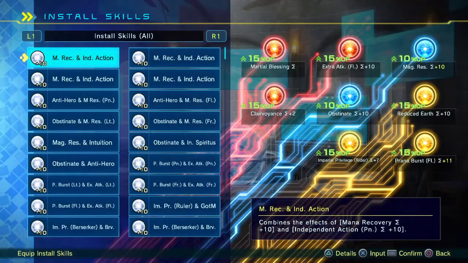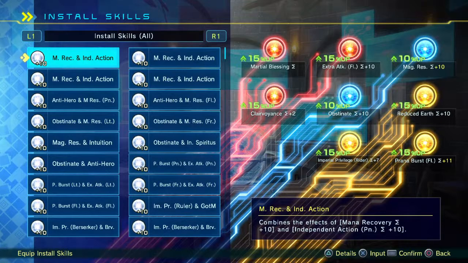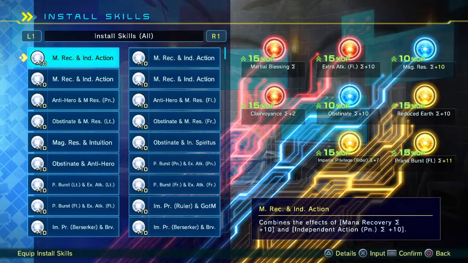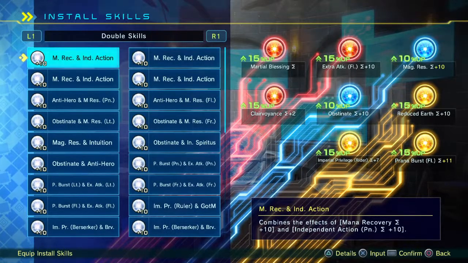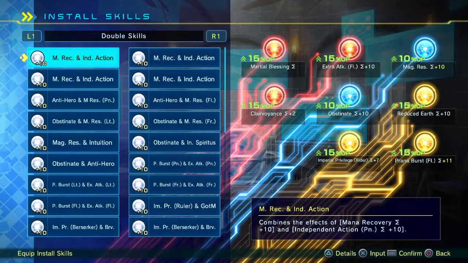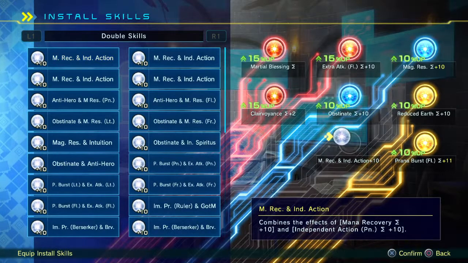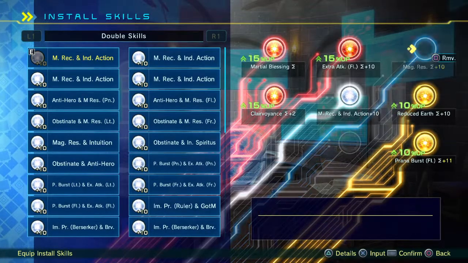Here comes the double skill variation. And this is why I like double skills. Now there are a few skills where I would recommend it, but it's not there. This is where I'm like, I'm going to take those away now. First, I will take out the Imperial Rider and replace it with Mana Recup and Independent Action. I'm actually going to move that down there. For the second, I'm taking out Obstinate and Magic Resistance,